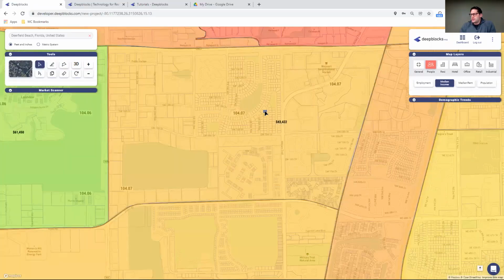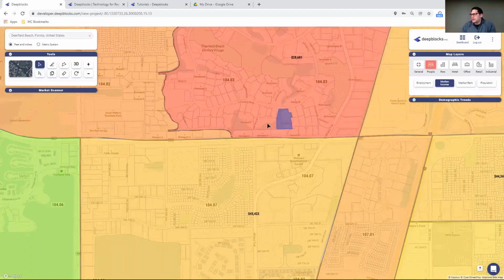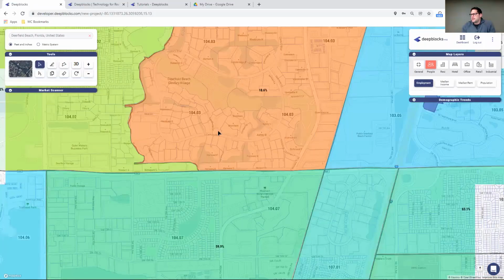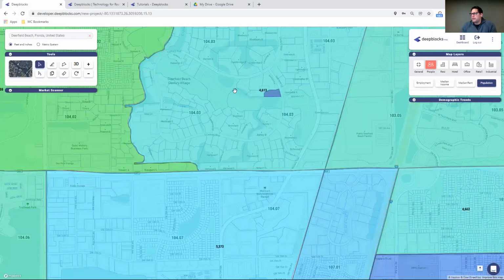If I'm going to do more of an industrial play, as I mentioned in our email out to you, we can maybe look for a little bit of a lower, maybe turn on the job employment numbers as well to see if we can get some decent employment percentages. Maybe we can look to build in this 18.6% and help increase the employment. We can also look at population to see where there's some strong population with lower employment numbers, and again try to beef up the economy in a certain area. Maybe there's some job incentives that we can discuss, and also work on to help improve the employment in a particular area.